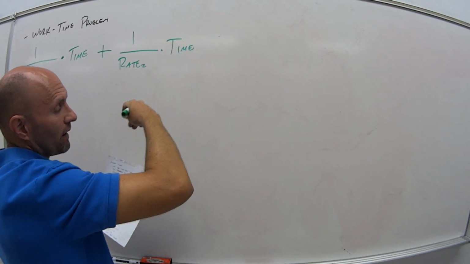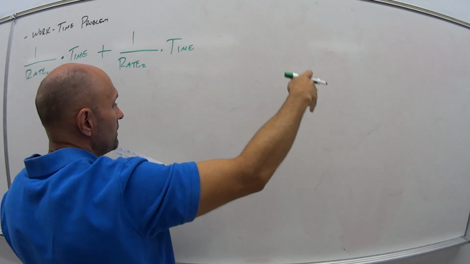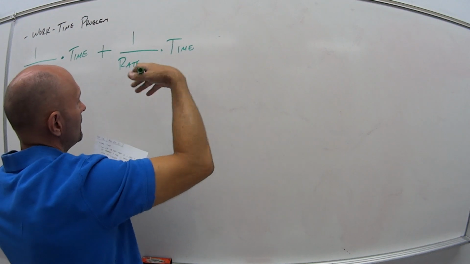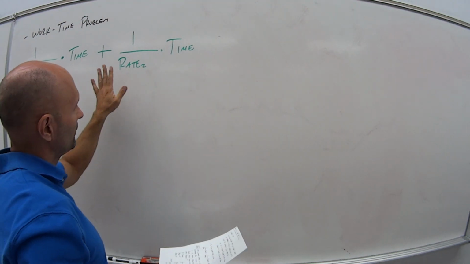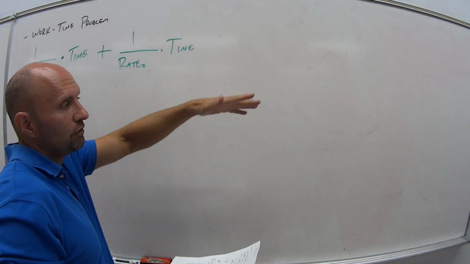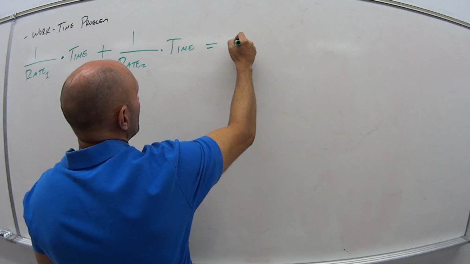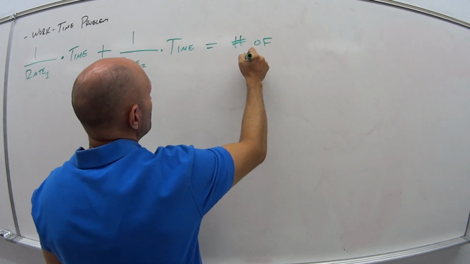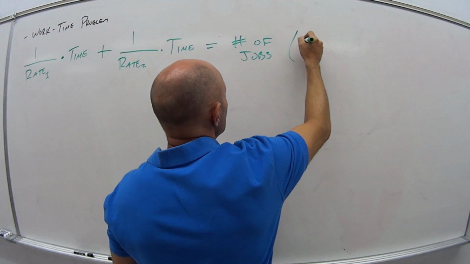And this could keep going. If I had 4 pumps doing a job, rate 1, rate 2, rate 3, rate 4 times the time. But usually we're only talking about 2 individuals or 2 pumps. So I'm just going to set it up as 2 for now. But you could do this as many times as you need. And this equals the number of jobs being done. This is usually